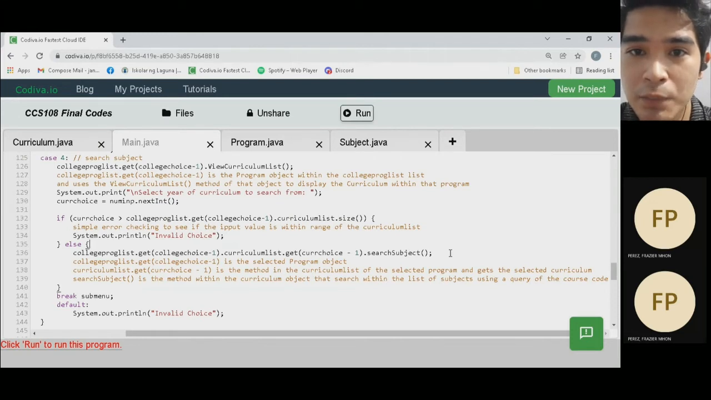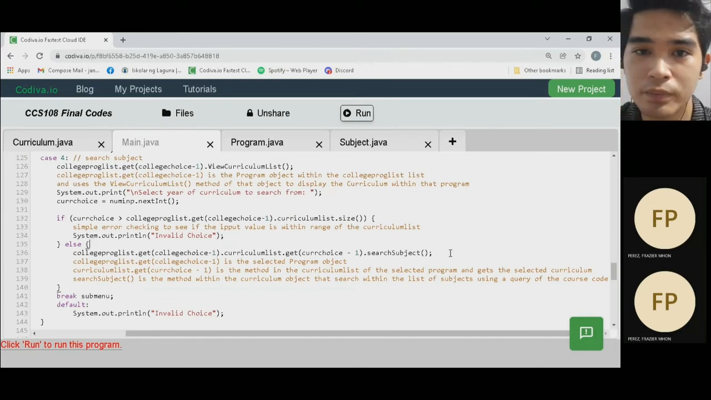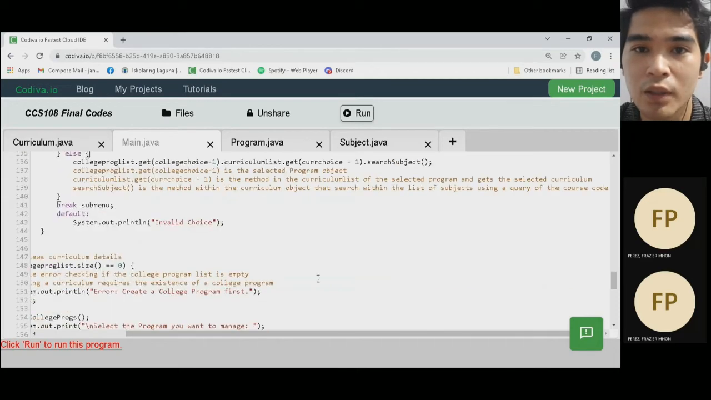College prog list that get college choice -1 is the selected program object. Curriculum list that get curriculum -1 is the method in the curriculum list of the selected program and gets the selected curriculum. Search subject is the method within the curriculum object that searches within the list of objects using a query of the course code. Break submenu. Default